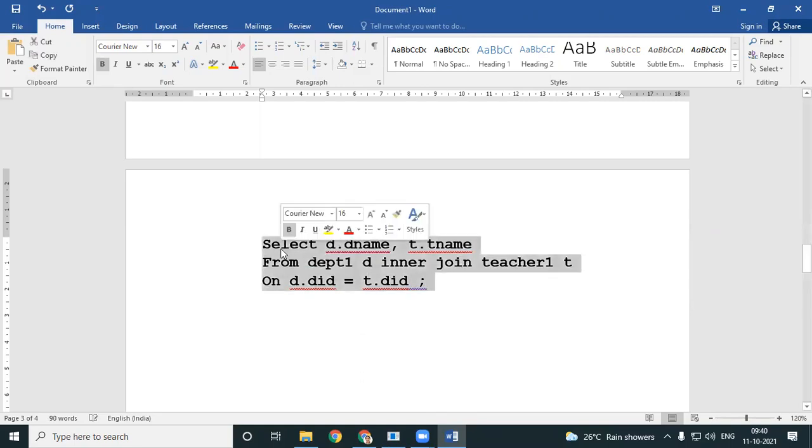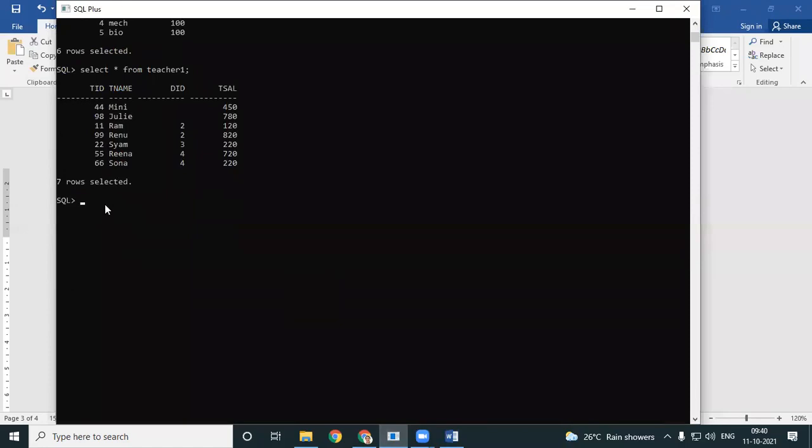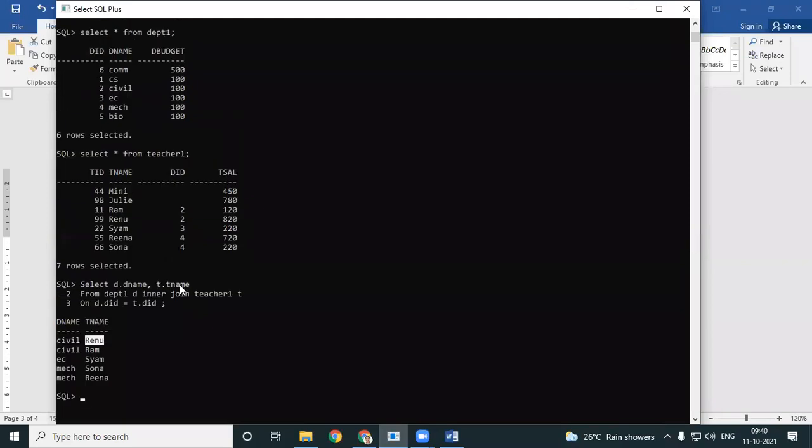I'll copy this, I'll put it that side. Okay, so I get civil, Renu, civil, Ram, EC Sham. I'll just do a checking. Let's check whether Renu belongs to civil. Renu, she belongs to 2 is civil. Ram also belongs to civil. Shyam, 3